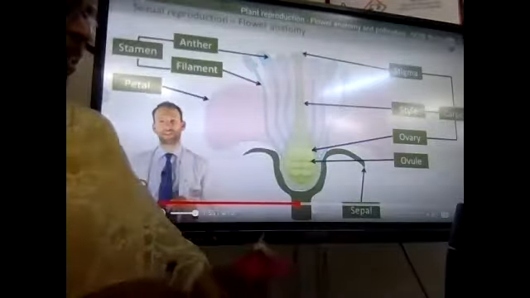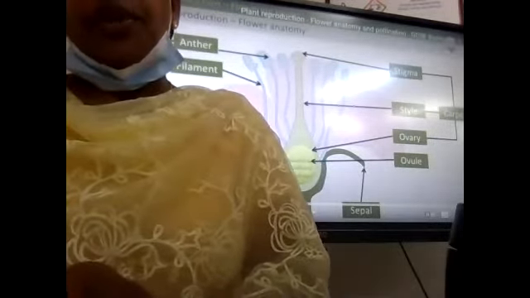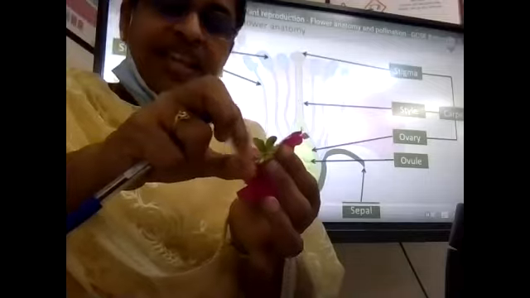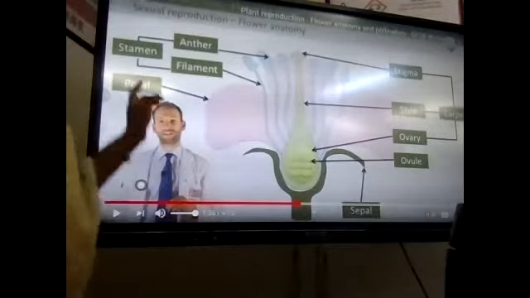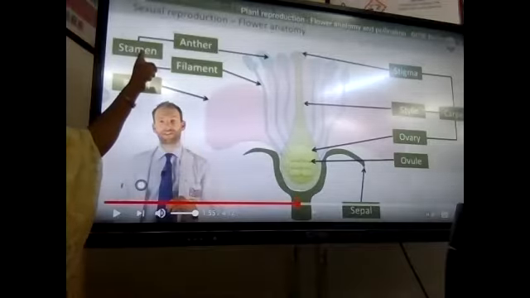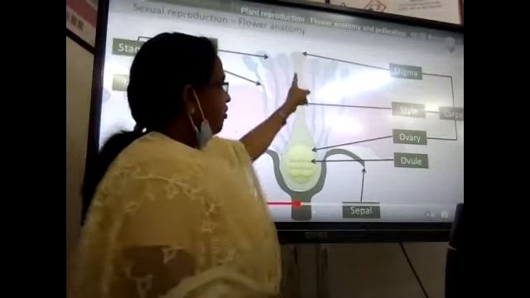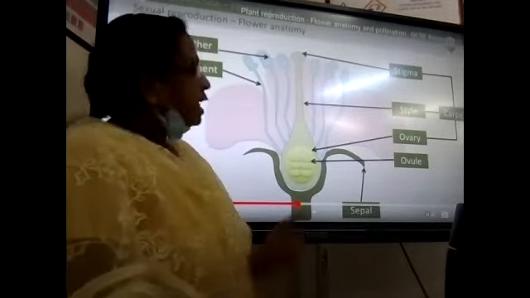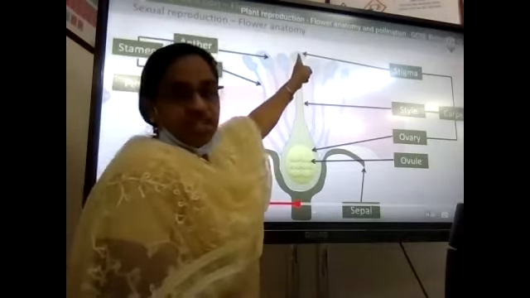Actually, if you were here, I could have shown you the pollen also, but for pollen, we need a microscope. We cannot see it with our naked eye. But when you touch it like this, the pollen will fall down, so we can see it through the microscope. The male part together is known as the stamen. And this is the female part. The female part has three parts: stigma,